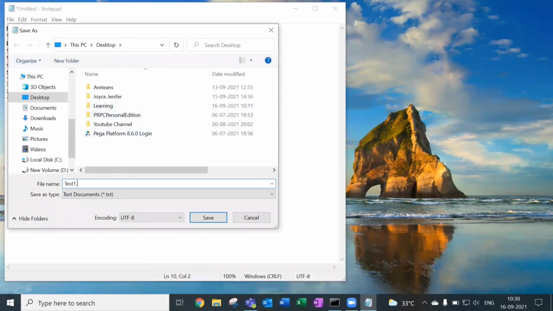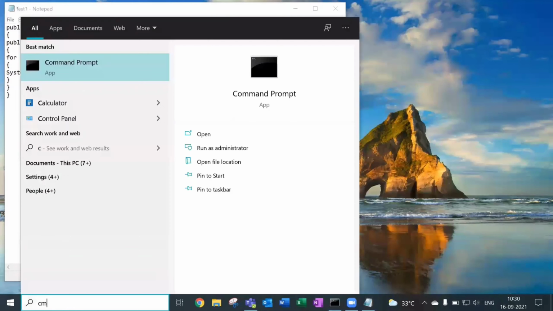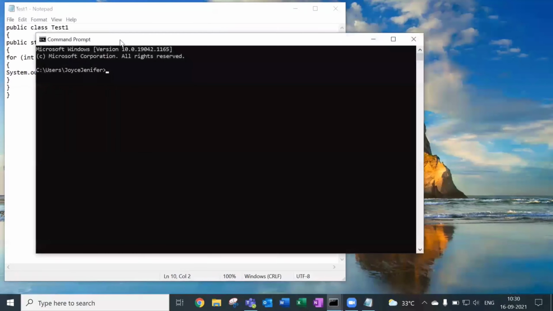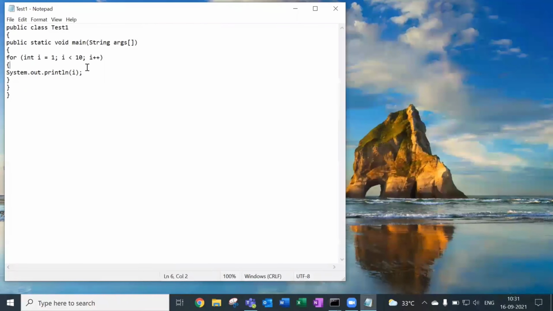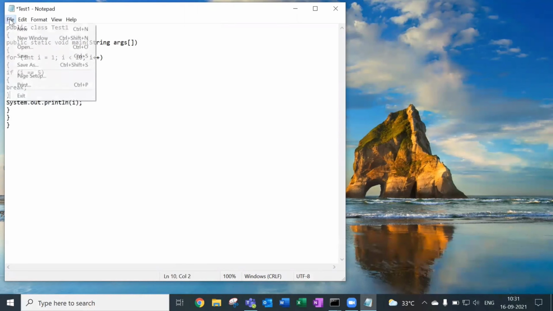Now let's check the output and clarify this. Java test, we got from 1 to 10. Now let me interrupt this loop using the break statement. Inside this for loop, I'm going to give a break statement. If i equal to 5, only then this break statement will execute. Now let's see what will happen.